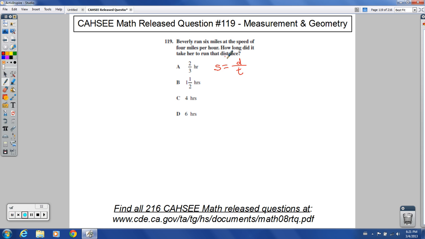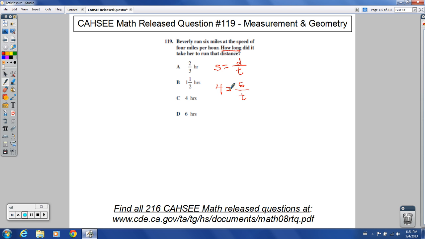I'm sorry, I know the distance. It looks like how long, so this is time. I need to figure out how much time it took her to run that distance. So I know Beverly ran 6 miles, so I'm going to replace this. Speed of 4 miles per hour. So I know 4 is my S, I know my distance is 6, and I know my time, I'm going